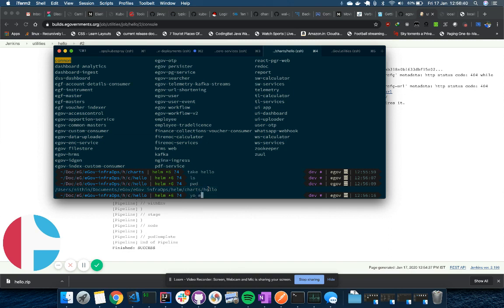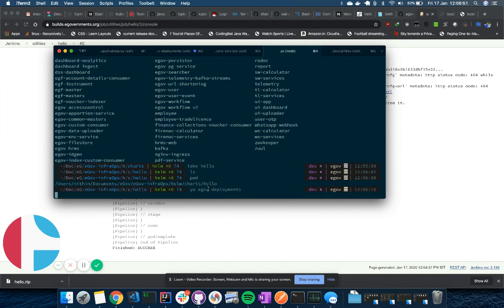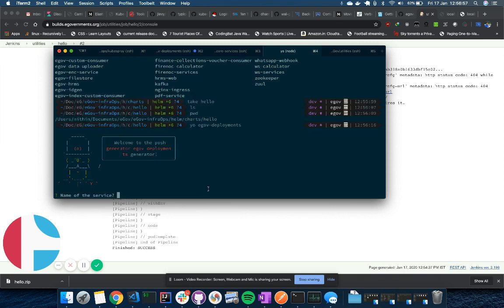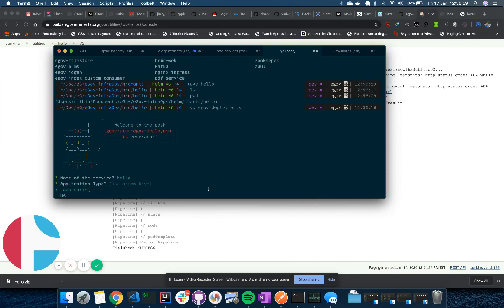So if you've given your image name as hello, then that should also be here. Okay. And some of these things are not completely finished, but I will show you and then you can probably ask the question. So you can tell the name of the service and then application type. We have a couple of defaults. One is Java Spring, and then depending on more apps we onboard, we'll try and abstract the configurations even more.